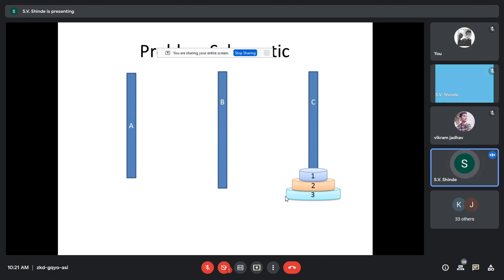So in this pictorial representation, you can see only the top disk in any of the pegs can be moved. So in these things, we say that A, B, C are three independent stacks. Do you agree? Yes, participants? A, B, and C are three independent stacks, and the elements with the values 1, 2, and 3 are being shifted; only the top of any of the stacks can be moved.